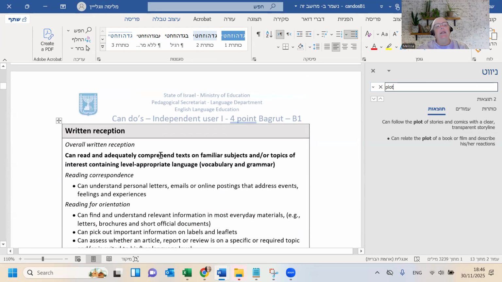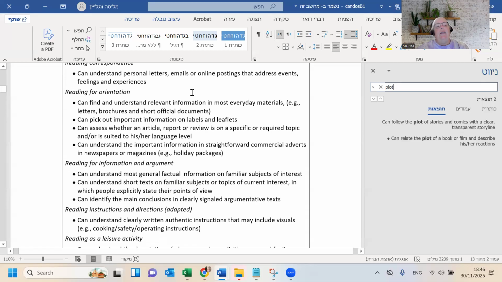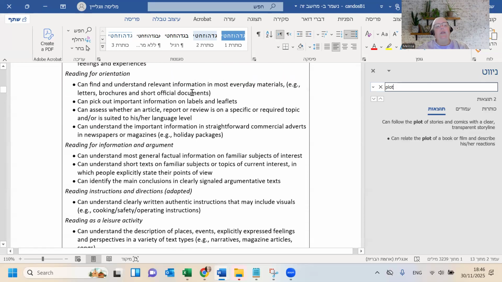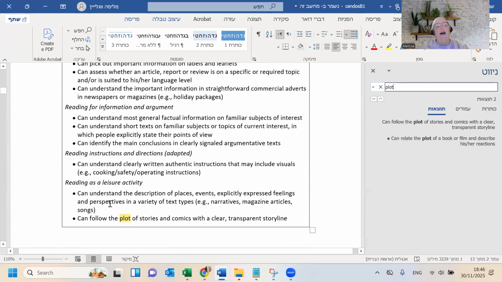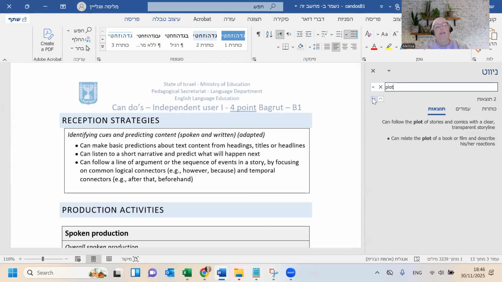Okay, so we see this is the B1 written reception. The overall: can read and adequately comprehend text on familiar subjects and or topics of interest containing level appropriate language. Okay, and then since this has to do with reception, we have can follow the plot of stories with a clear, transparent storyline. Not a very exciting one.